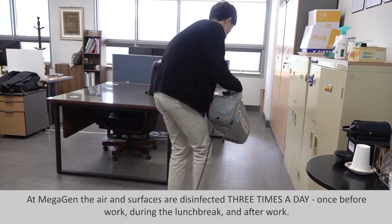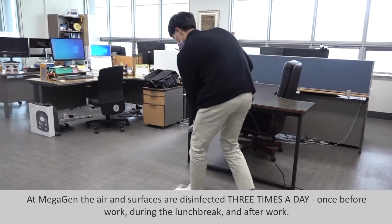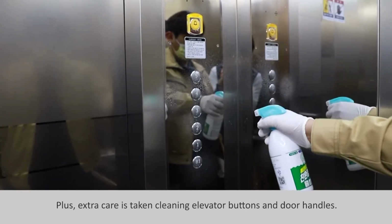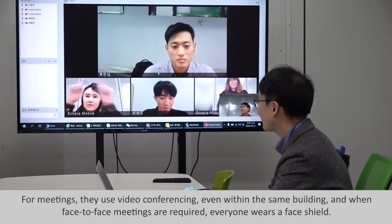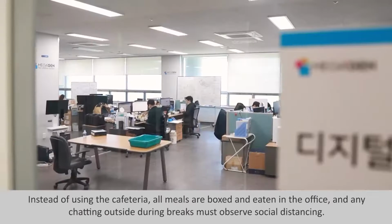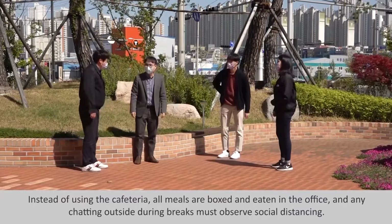At MIR, the air and surfaces are disinfected 3 times a day: once before work, during the lunch break, and after work. Plus, extra care is taken cleaning elevator buttons and door handles. For meetings, they use video conferencing, even within the same building. And when face-to-face meetings are required, everyone wears a face shield. Instead of using the cafeteria, all meals are boxed and eaten in the office, and any chatting outside during breaks